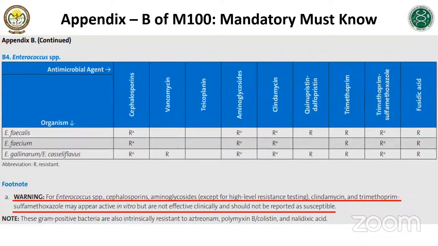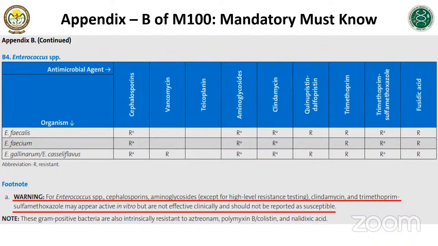Appendix B for Enterococcus is also very interesting. This is your clear-cut warning that for Enterococcus species, cephalosporins, aminoglycosides, except for high-level resistance testing, clindamycin, and cotrimoxazole may appear active in vitro but are not effective clinically and should not